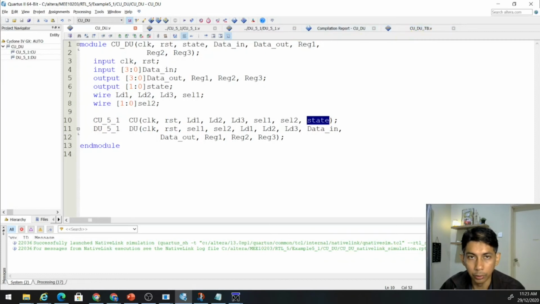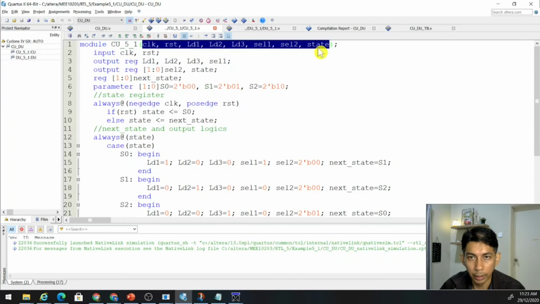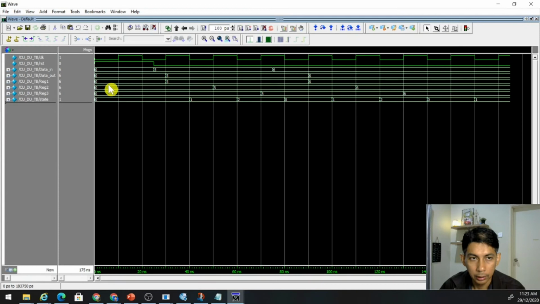And in our CU, we have this. That's why we can see the state in our simulation. So this is state 0, which actually starts here, and this is reset. It's always 0. State 0 is the start because our finite state machine is negative edge triggered. So when it is state 0, we can see that this data out should be